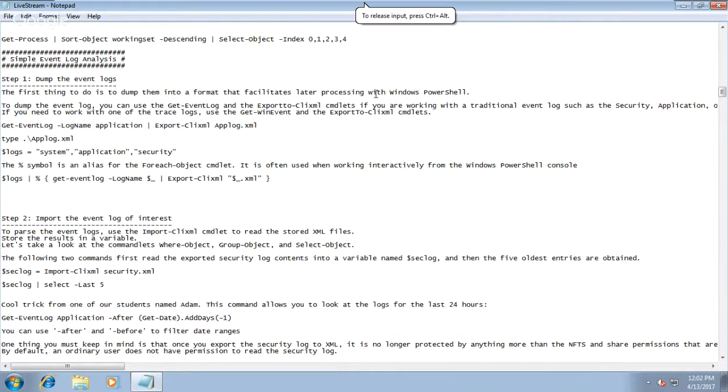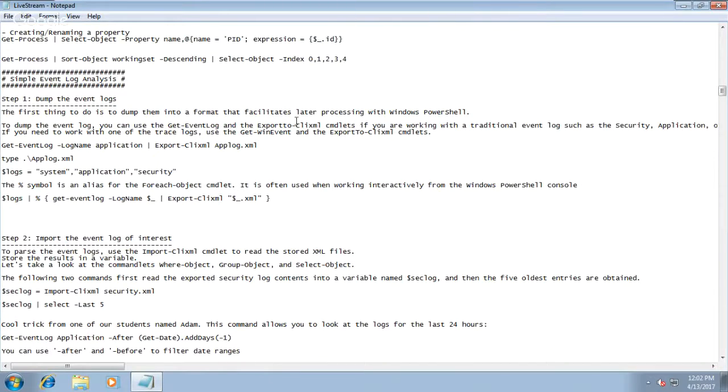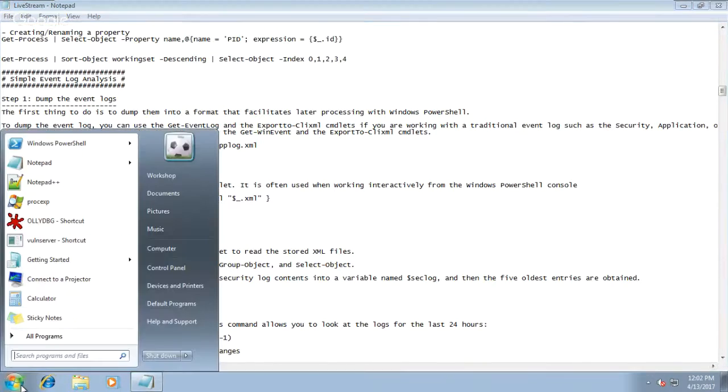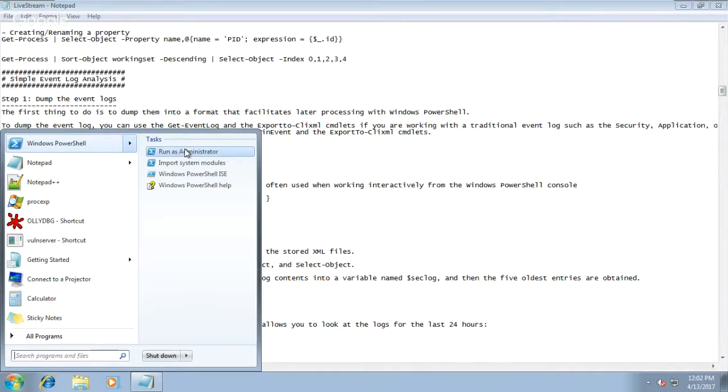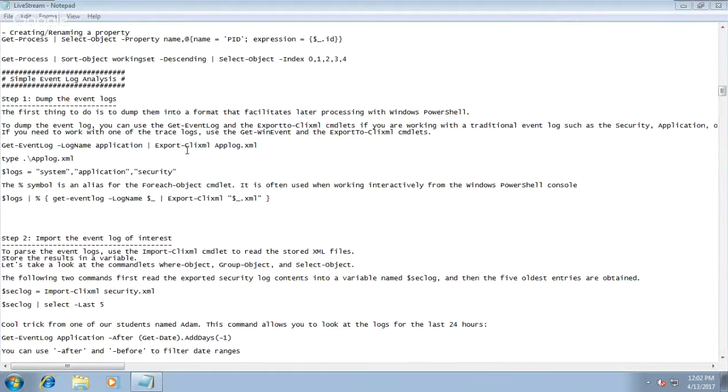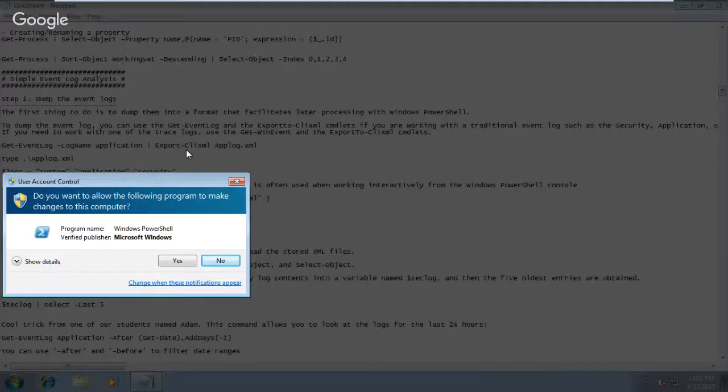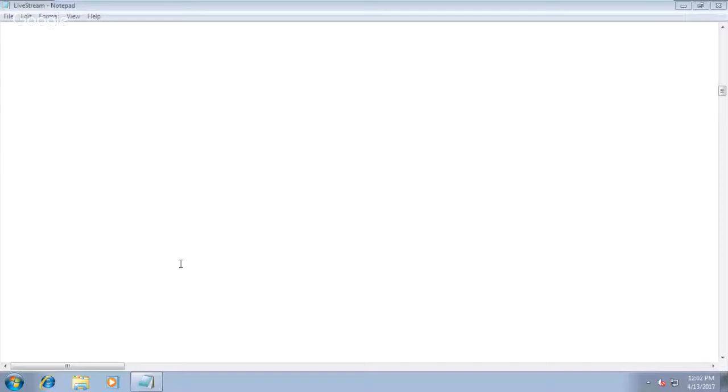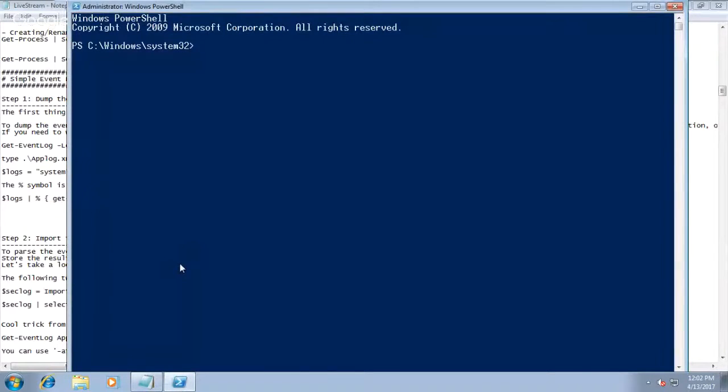Okay, so yesterday what we talked about was dealing with event logs. And I think you're going to find with PowerShell, it really doesn't get much better. The ability to interact with the system, interact with files, folders, services, logs, that's all native to PowerShell. So let me cd to C: